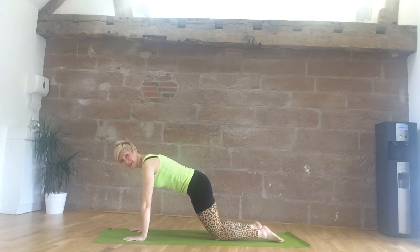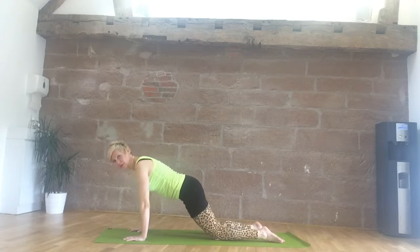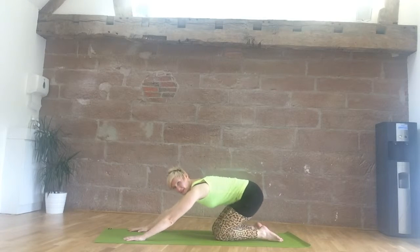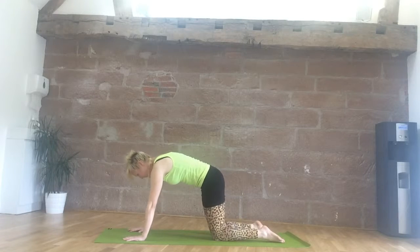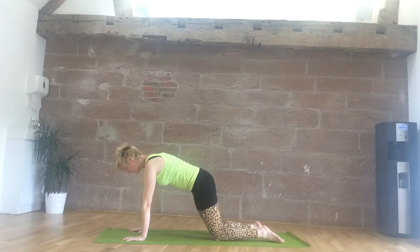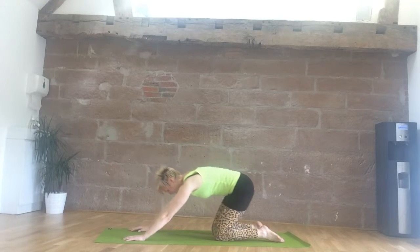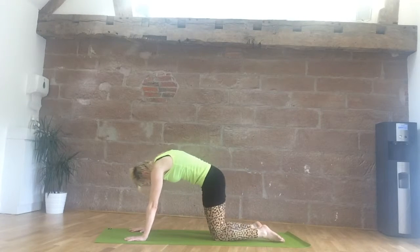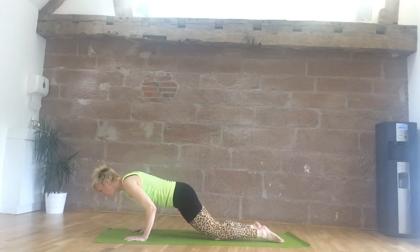Slide your heart forwards. Inhale there. Exhale, bend the elbows just a couple of inches and then press back up. Good. Take a almost child's pose, but not quite. Roll through the upper back as you come to center. Inhale here. Exhale, bend. Press back, round through the upper back, inhale, slide the heart forwards, keep the belly lifting,